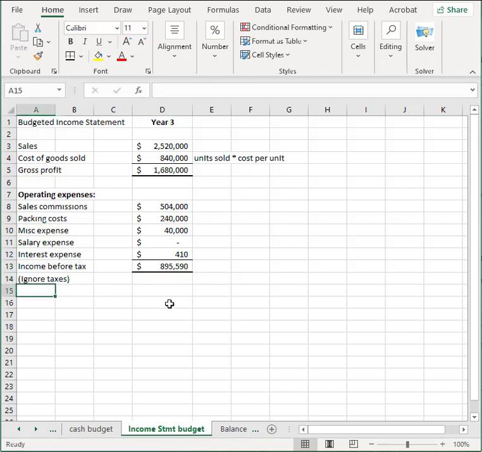But here, we don't know the tax rate of these two individuals. It's not a corporation, and so we wouldn't use corporate tax rates and have income before tax and taxes and then net income. So individual tax rates depend on these two individuals, whether they have part-time jobs or whether they get part-time jobs, whether they have income from other sources. So their personal income tax rate might not even be identical. One might have a different one from the other. So here we're just going to ignore taxes and work on a